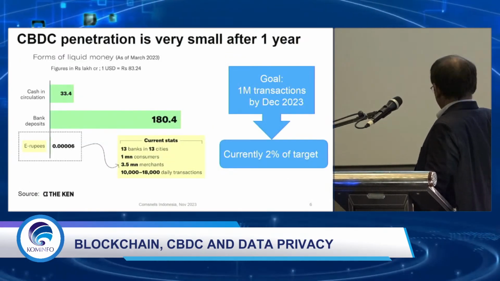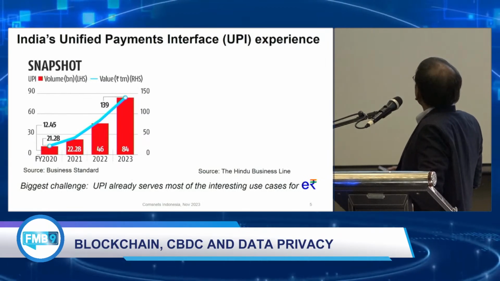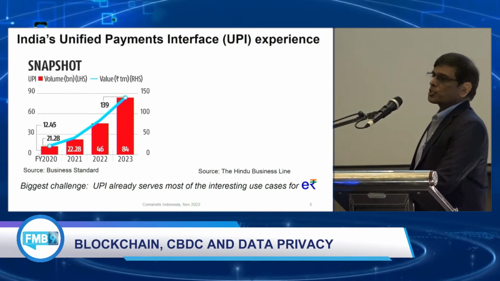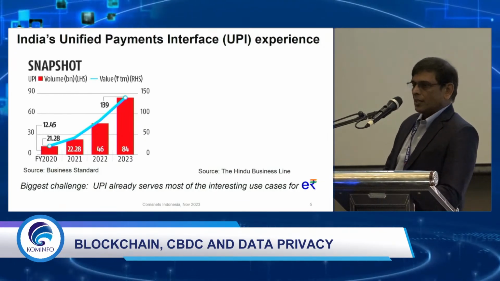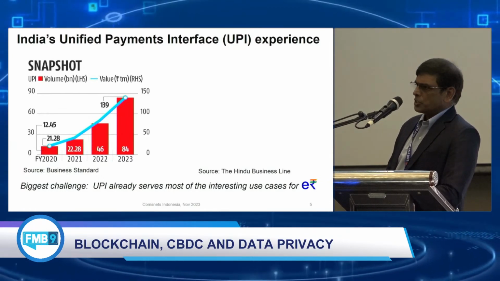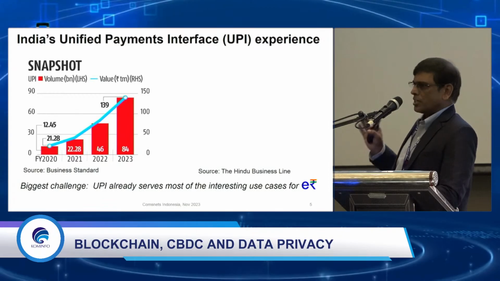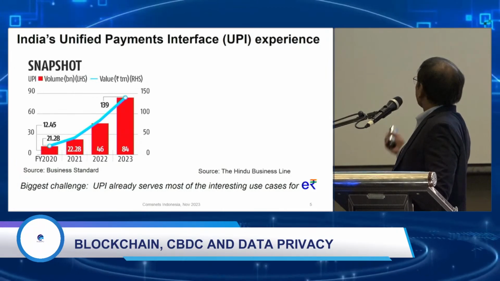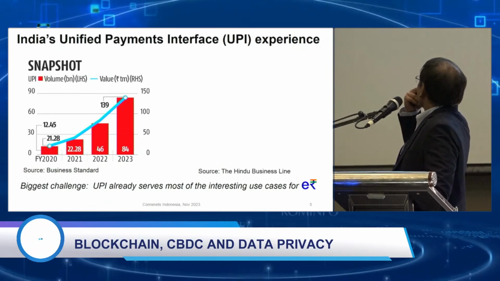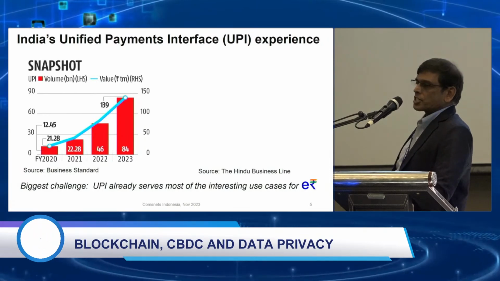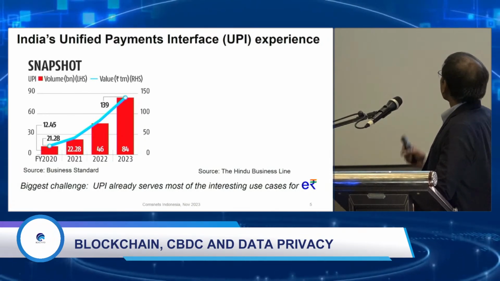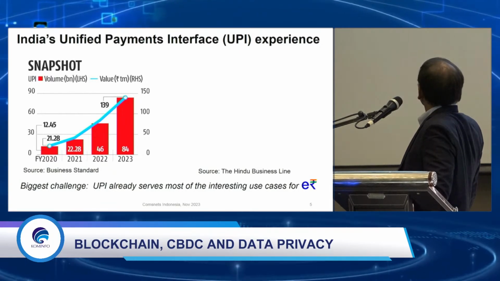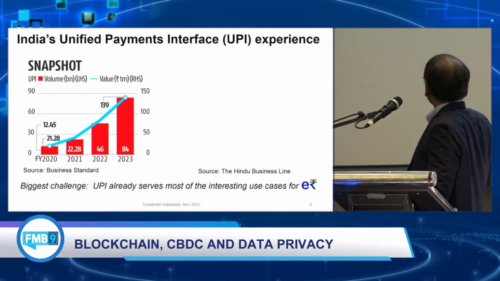Now, one of the things that encouraged the government to set such a strong target is the success of what is called the Unified Payment Interface, the UPI, which is a digital payment platform that was created in India, which pretty much everybody in India uses for all kinds of retail transactions. That's been growing roughly at about 100% every year. So you can see that in the financial year 2023, 84 billion transactions were carried out using UPI with a total value of 139 trillion rupees. Okay? So a very, very substantial amount of transactions that UPI is handling today.